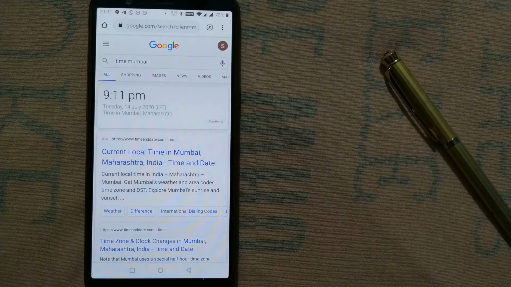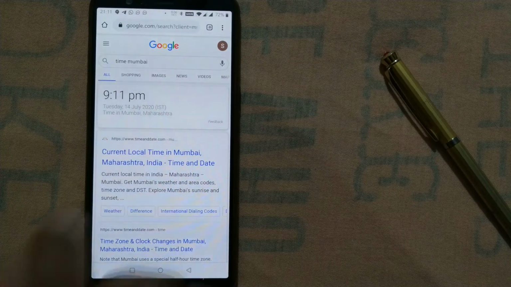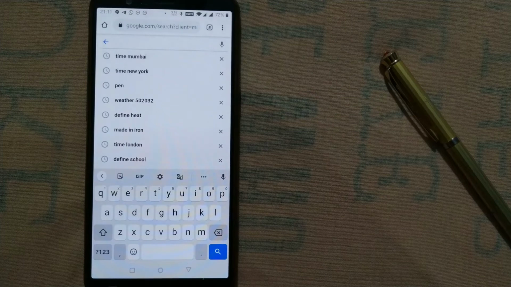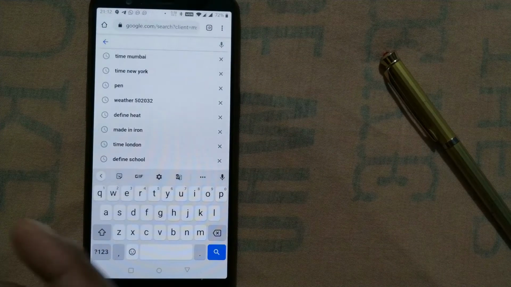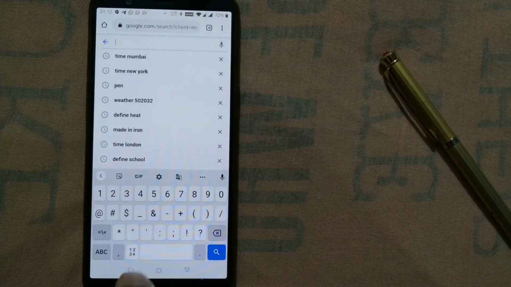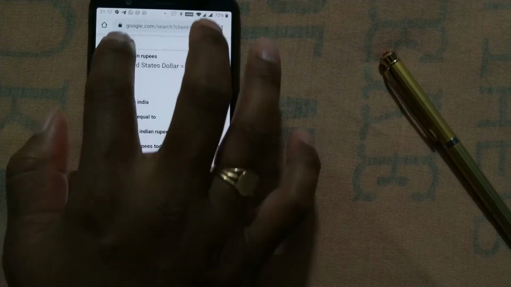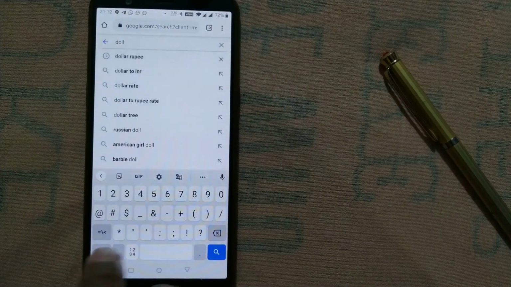Our last trick or tip is that this search can come in very handy when you are using it for conversions, for engineers, for many people who want conversion from one unit to another. So if you want that, instead of searching how to or going for a calculator or something else, you can very easily convert from one unit to another. For example, dollar to rupee. Okay, for example, I'll put $5 instead of $1.